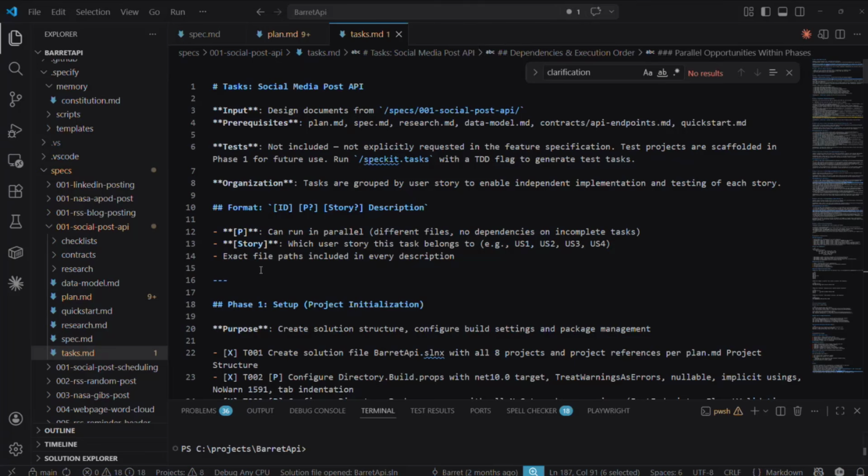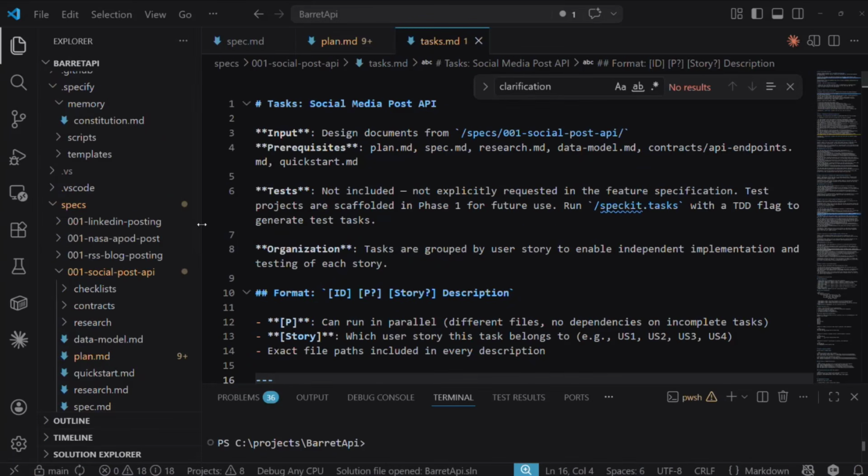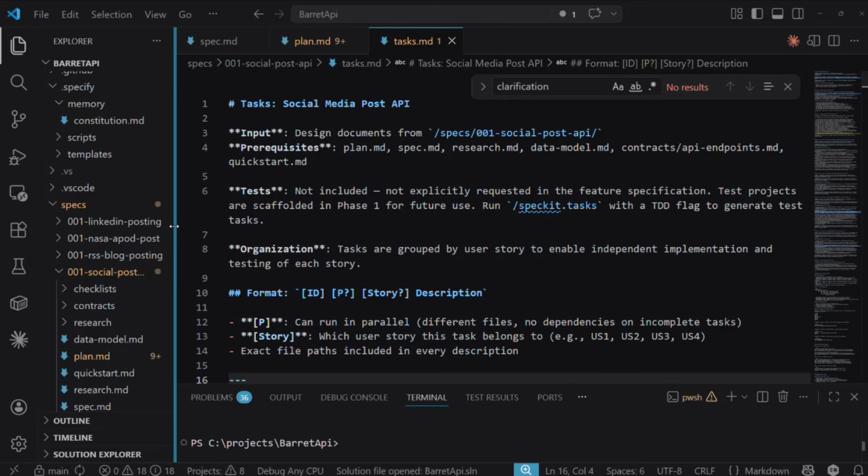I wasn't really happy with how Power Automate was doing all that stuff and all the workarounds I had to go through to make it work. So I decided I'm going to redo a bunch of this in .NET. I'm going to create this API for my own use, and have Spec-Kit do it as a test of Spec-Kit, to get used to how Spec-Kit works.